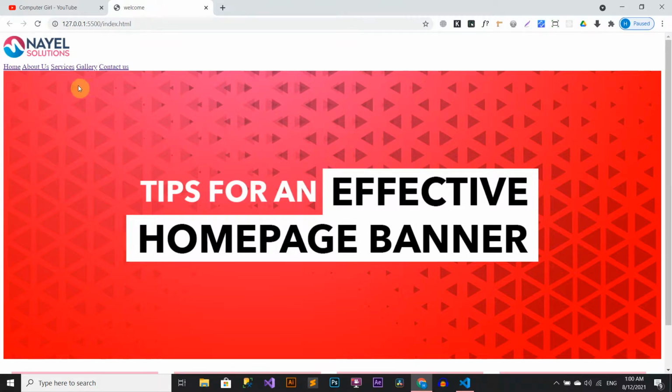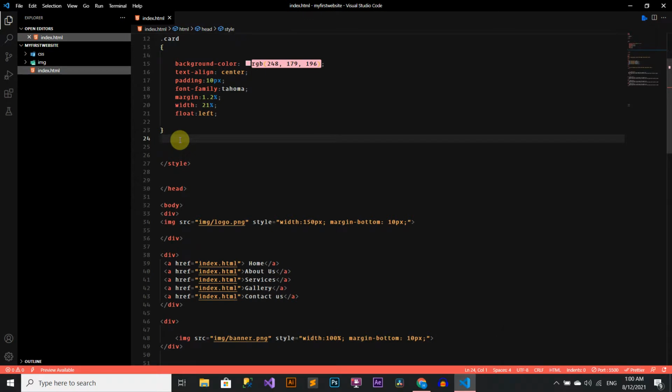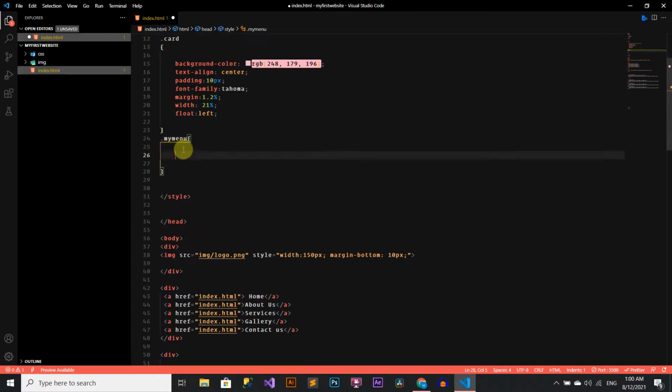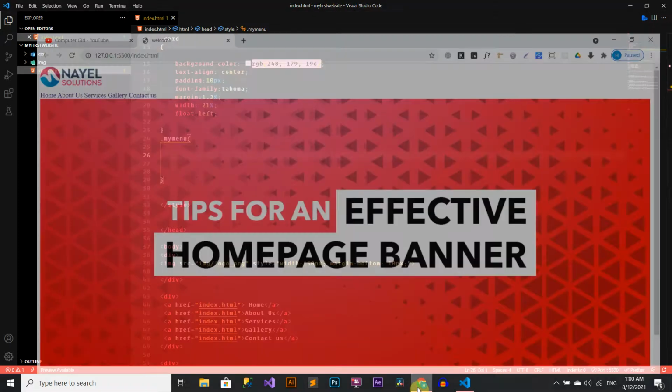You can see a very ugly menu, so we will apply makeup to it, I mean CSS. So in the head I will create a class .myMenu. Inside the menu I will write to remove this underlined text, text-decoration: none.